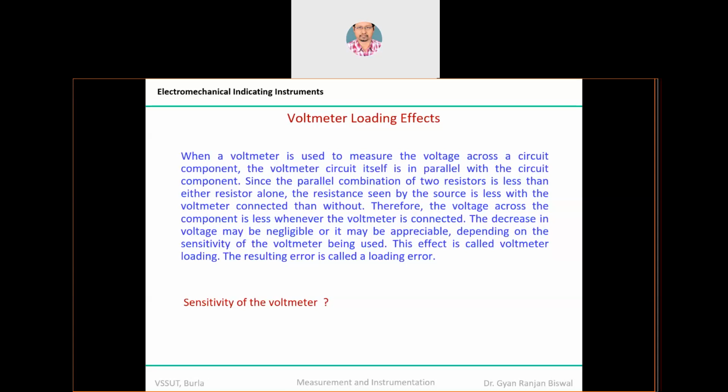So therefore, because resistance is decreasing, the voltage you measure with your PMMC device will always be lesser than the actual value before connecting PMMC as a voltmeter for the measurement purpose. I hope that you understand this. Okay, so this is called the loading effect. A load has been applied, and because of that, the resistance is decreased, and that is why the voltage under measurement decreases as compared to what it actually should have.